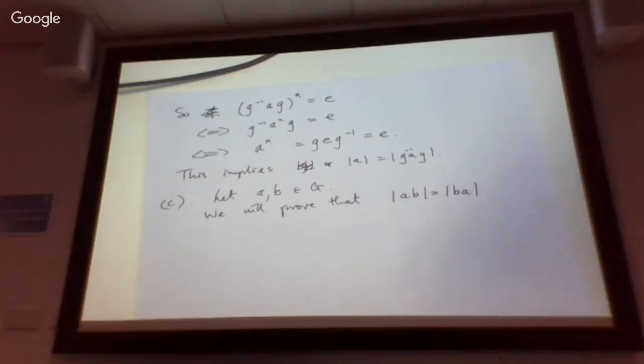So the key thing is just recognizing this, that if this element here is the conjugate of A by G, then this element, the conjugate of A to the power n by G, will give you